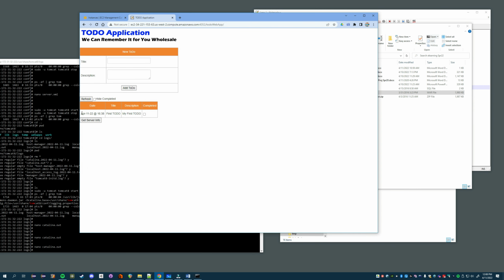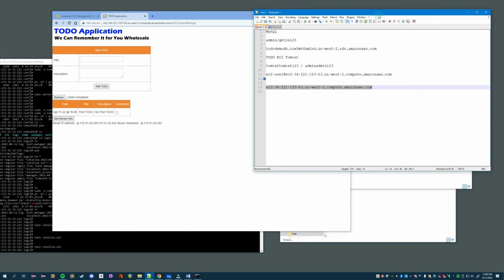I know this because it shows up on the screen, and the fact that in this table we have one to-do entry, which was the default that was installed when we ran that SQL script. Another thing you can do is get server info, and it gives the IP address of the Tomcat EC2 server. Now, one thing to notice is when I look at my EC2 address, it's